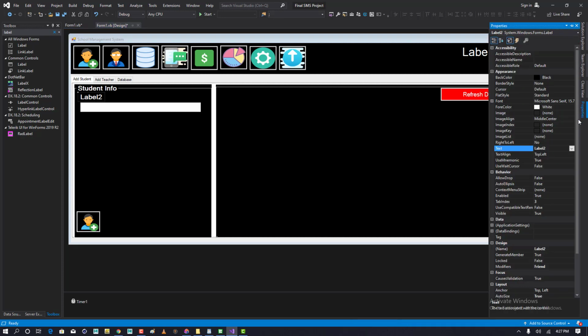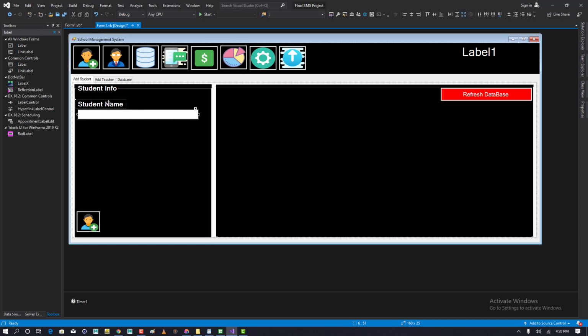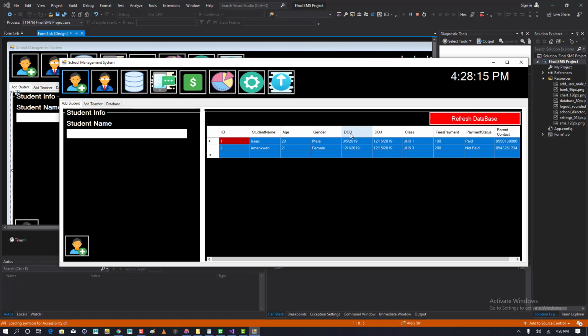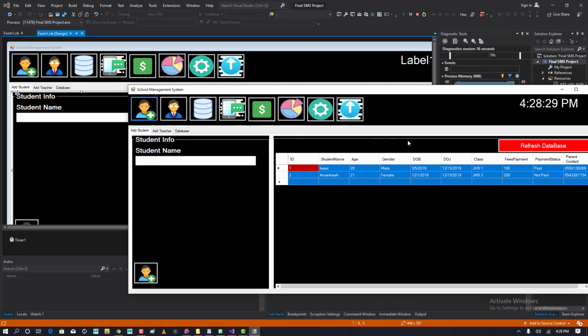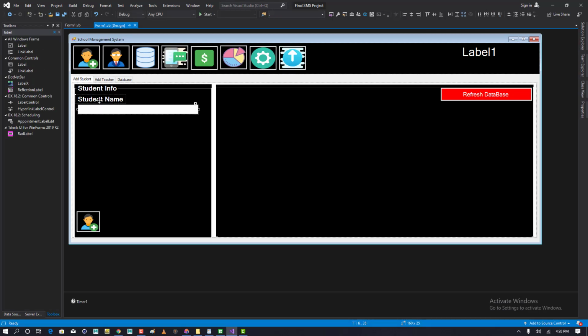So this will be my student's name, right? So this will be my student name, and we can do a cross check on the system to see how it was, right? Okay, so student name, age, gender, date of birth, date of join, class, fee. So let's see how we can work with this. Let's copy this, paste it one more time, and this is going to be the age,